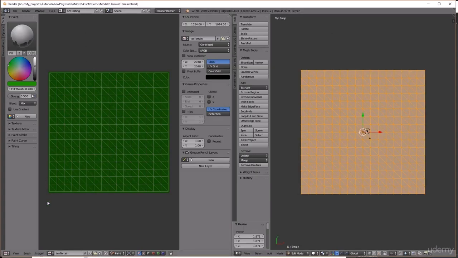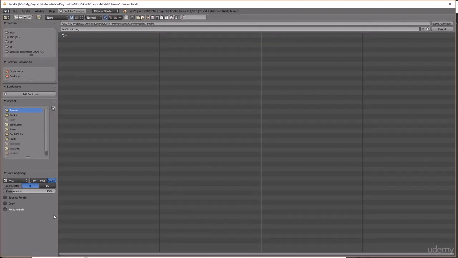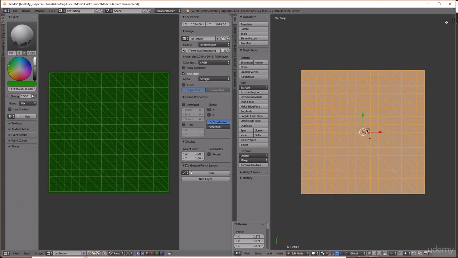And then let's also save our texture, so if we go to Image and Save as Image, again let's make sure that that's the correct path, and then I'm just going to create a folder under terrain called Texture. So texture, like so, and then double click on the texture folder to go into it, and then click Save as Image. Right, so now if we go back into our default view,